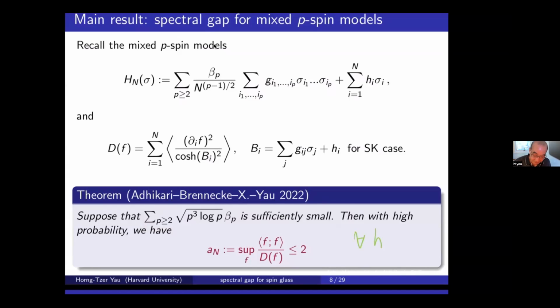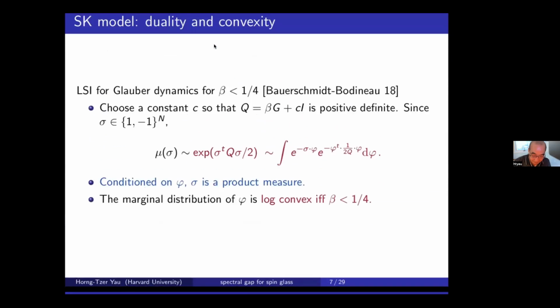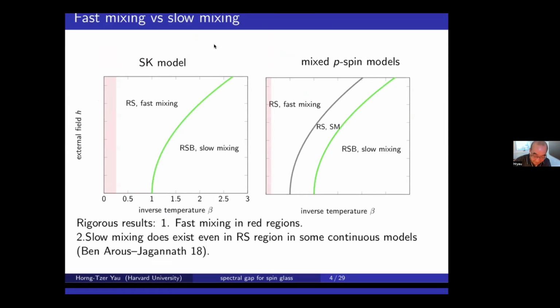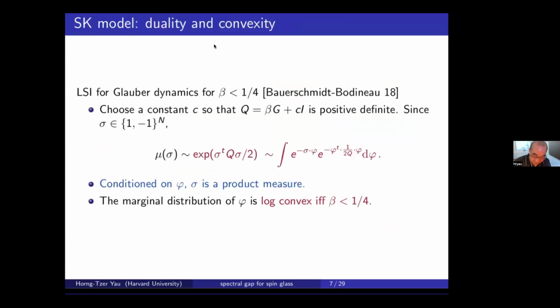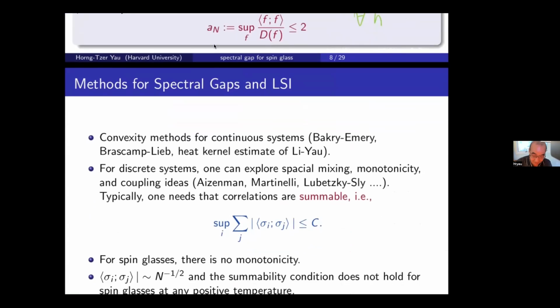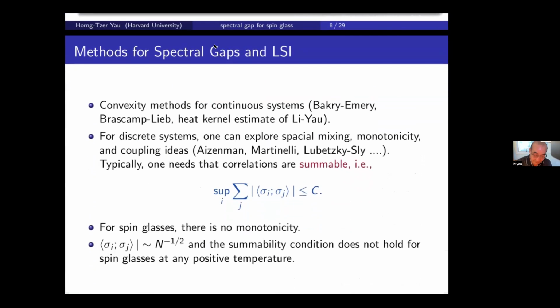So this is a generalization of a small piece, a generalization to a mixed p-spin case, and the method is completely different. I want to explain some of the proof, and also what we can do to get closer to understanding these regions in a more precise way. All right, so now let me give you a quick overview of the proof of